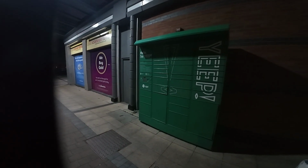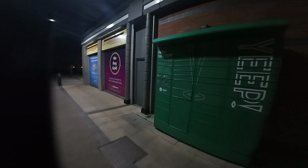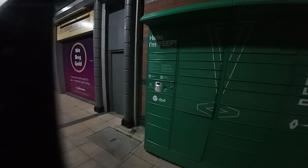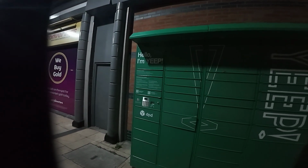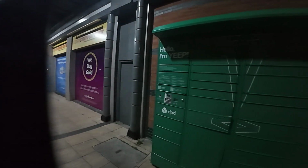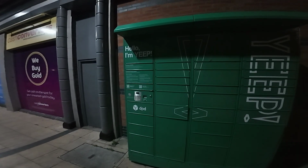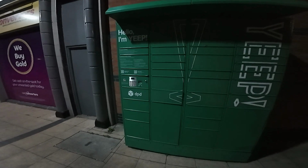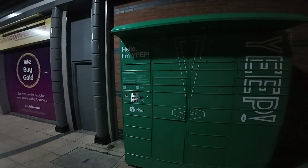Now, I've just discovered this locker here that I didn't even know was here. It says, "Hello, I'm Yeep." Well, I'm glad to hear that. DPD. I don't know how you use these things. I know how to use Amazon lockers, but I don't know how to use this one. In fact, correction, I only know how to use some of the Amazon lockers. Not all of them. What the hell is that in me shot? I think it's the light. Hang on. I only know how to use some of the Amazon lockers, not the ones that need the app. The ones you can just use without the Amazon app thing. Amazon Prime app, is it, or something? I forget what it is. Okay then,